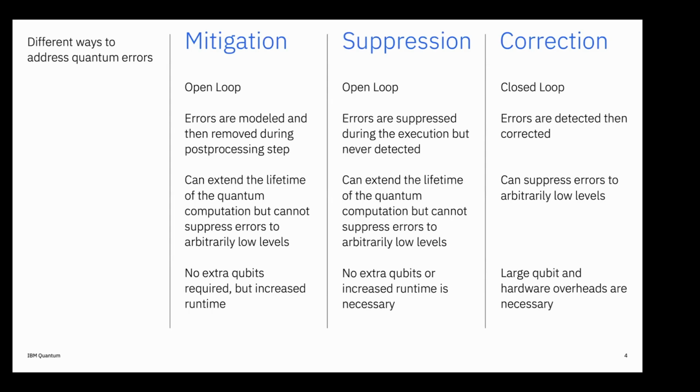Error correction is closed loop in the sense that you have to first detect the errors, then figure out what you want to do. After having detected those errors, you will want to correct them and so on. It has quite large resource overhead, and it's a long-term view of where we want to get to eventually. Error mitigation and error suppression are what we are doing in the short term. That doesn't necessarily mean that it will have nothing to do with error correction once we get there. We might need error mitigation and suppression to be able to enable error correction, but these are things we can